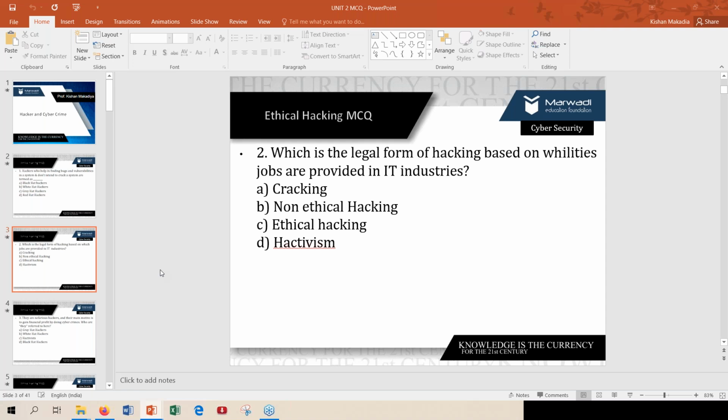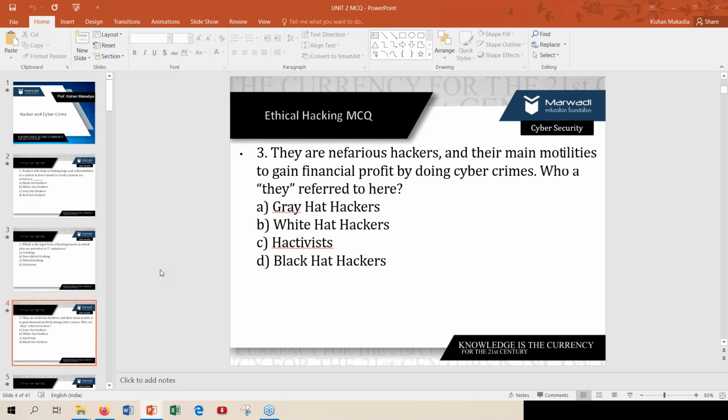Now the next MCQ. A hacker whose main motivation is financial profit or personal advantage, or who does cyber crime or cyber attacks, is roughly known as what? Yeah, Hersey says Black Hat. Okay, right answer. Next. Okay, Rutvik said D. Right answer, Black Hat. I think only a few students can reply with the answer. Remaining all.